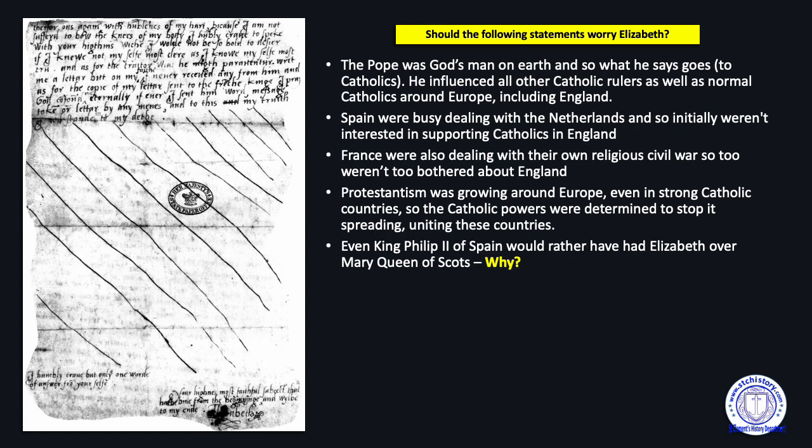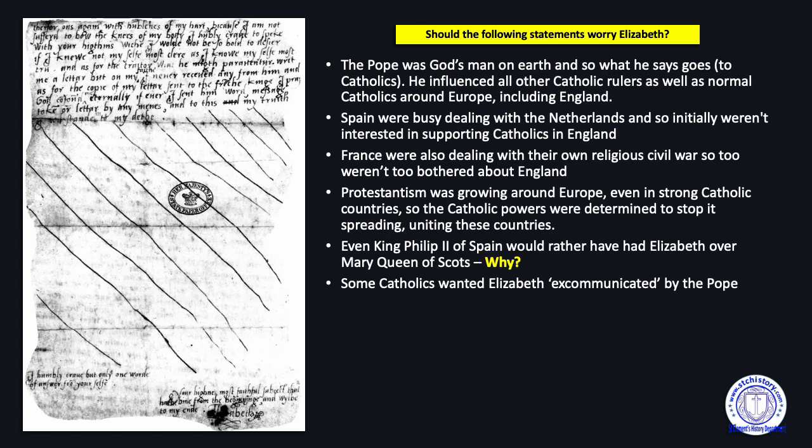The reason why Philip would rather have Elizabeth on the throne is because if Mary, Queen of Scots, becomes Queen of England as well, then of course England and France become a natural ally, which could then be quite dangerous for Philip and Philip's interests. So at the moment, having England separate helps him a little bit too. All right, that's just quite an interesting little aside to the story.